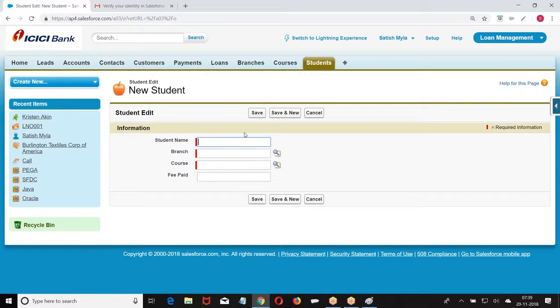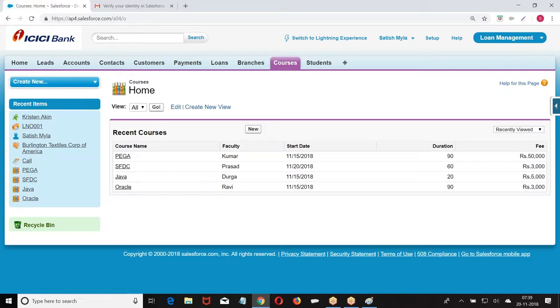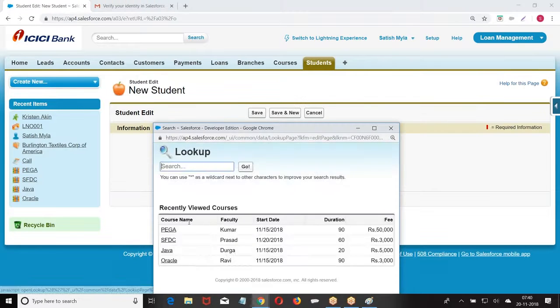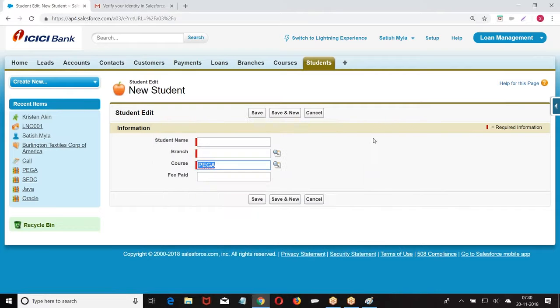So who created this? Salesforce created or user created? User created. On every student, the moment he chooses the course, on the student record I have to get who is the faculty, what is the fees, when the date is going to start. Now, the moment I choose a course, if I choose a course called Pega, automatically what should I get? What is the fees, when the course will start, who is the faculty. The data should be displayed on every child.